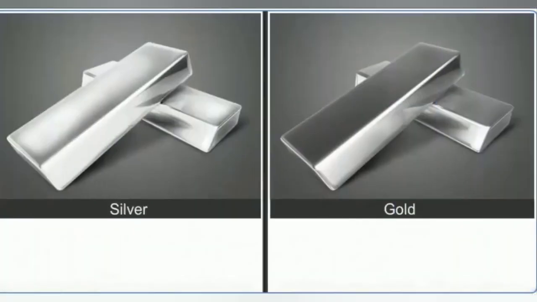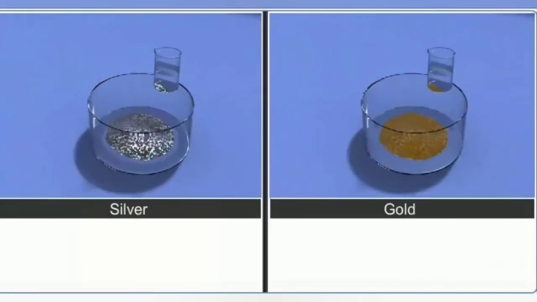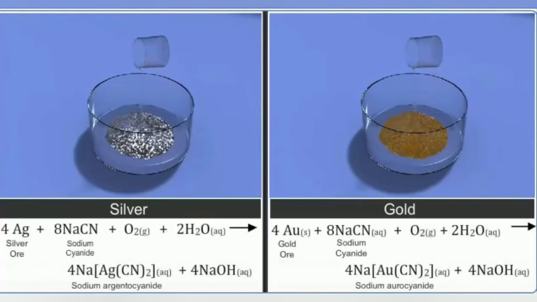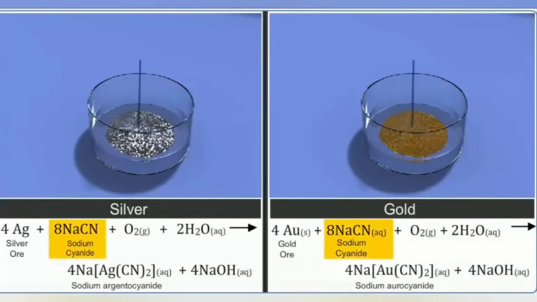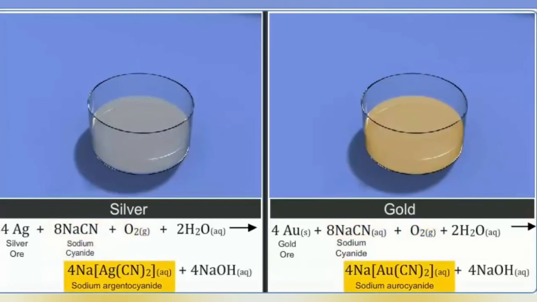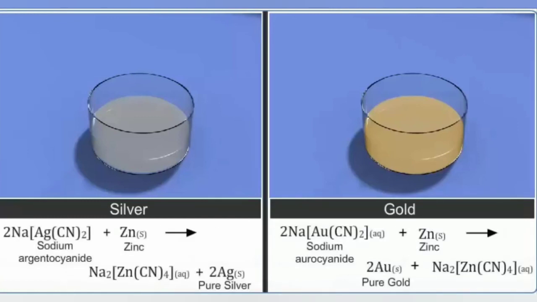Silver and gold are also among the metals which are extracted by both oxidation and reduction. We have already studied that silver and gold are extracted by leaching their ores by cyanide ions. During the leaching process, silver and gold are treated with sodium or potassium cyanide in the presence of air to form their respective soluble complexes. In this process, silver is oxidized to Ag+ and gold is oxidized to Au+. The next step is recovery of the metals from their respective complexes by reduction or displacement using zinc. Here, zinc acts as a reducing agent.